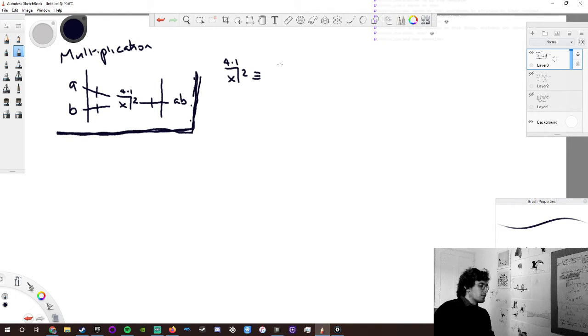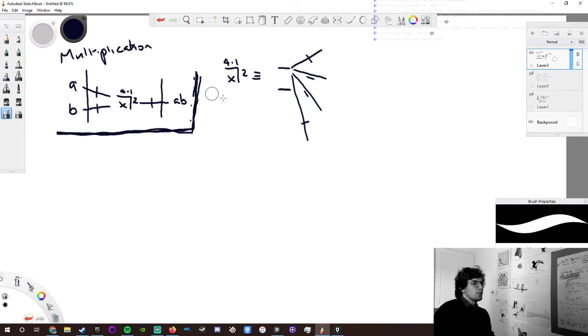Well, let's not worry about it too much. It's taking two numbers, it's splitting those off, a positive, a negative, negative, and a positive, and then this one, which I haven't got any space for, is